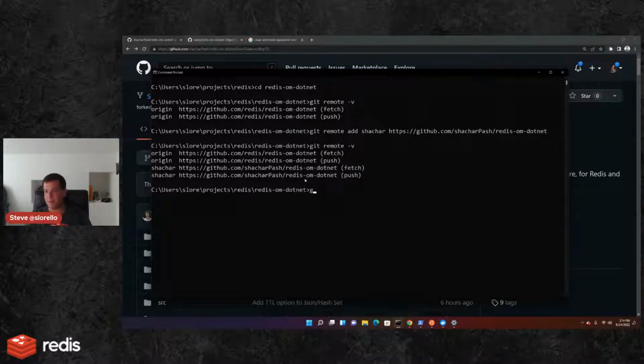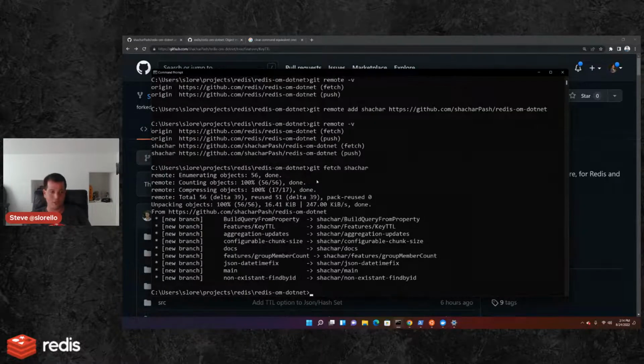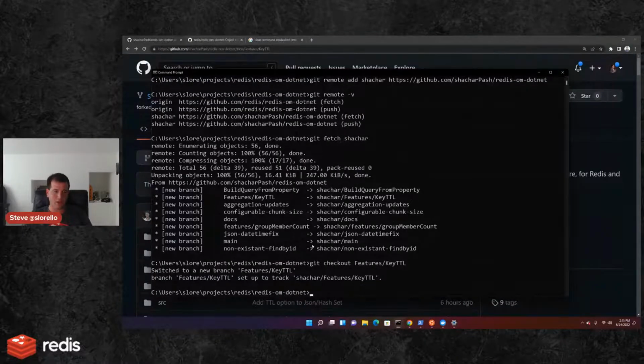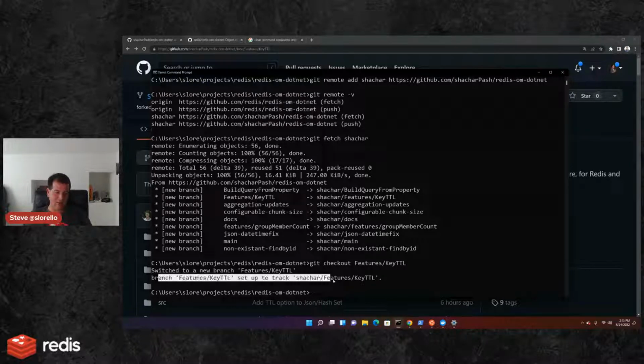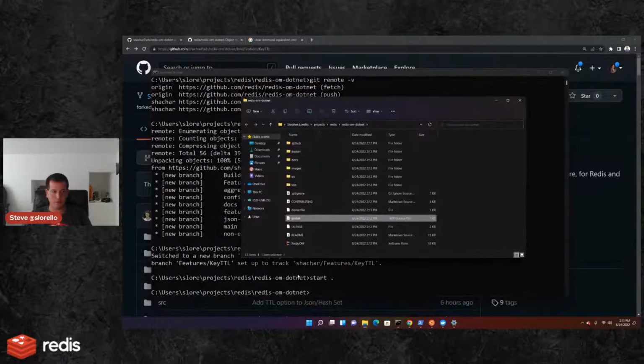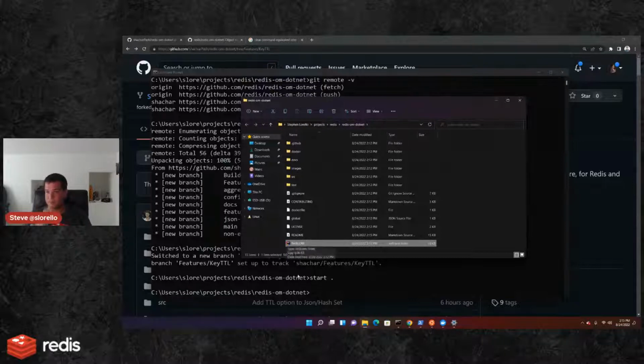So I can do a git fetch to pull in all the references in that repository. You'll see he has this features key branch here. So I can then do a git checkout of feature key here. And of course, yep, now it's actually pointing directly at Shahar's features key TTL branch. So now I'm actually pointing at that same source repository. So if I do a start here and I open up Redis OM,